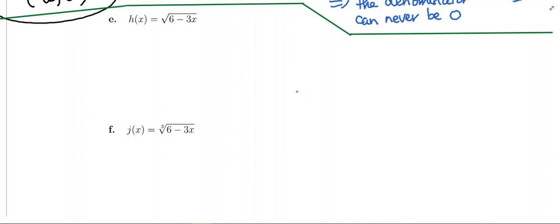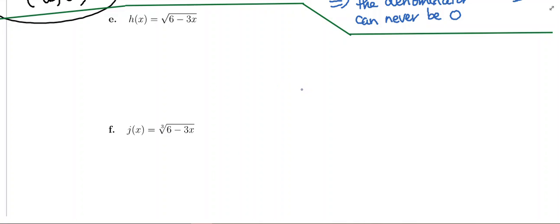In example 5e, we are going to find the domain of h of x is equal to the square root of 6 minus 3x. So this is a square root function. The concern here is plugging in an x value and then simplifying underneath and ending up with a negative number under the square root sign. We cannot take the square root of a negative number,